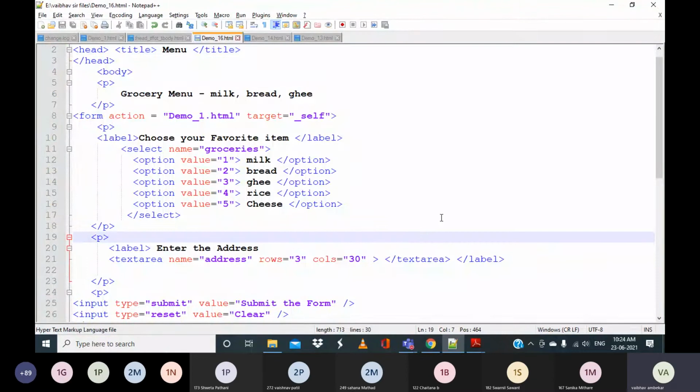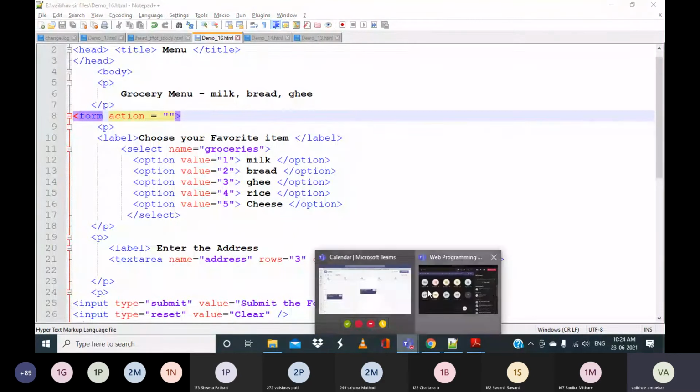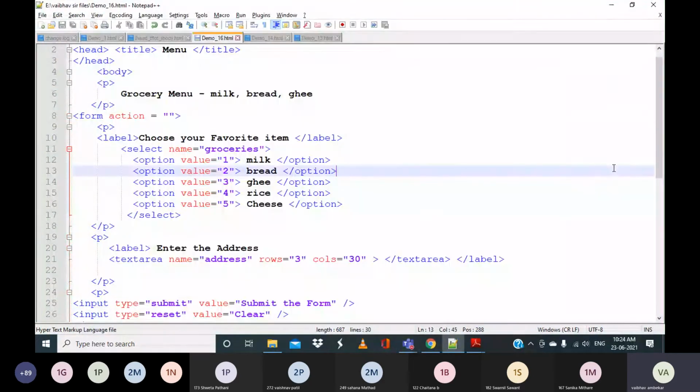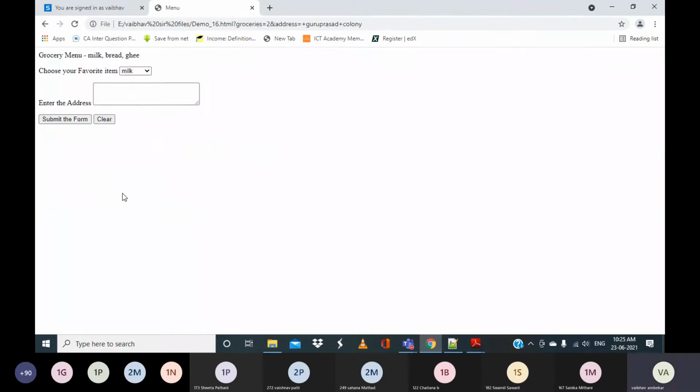If I don't specify anything here, action equal to blank, and I will remove this as of now. Then I will select some options, bread, and I will submit the form.